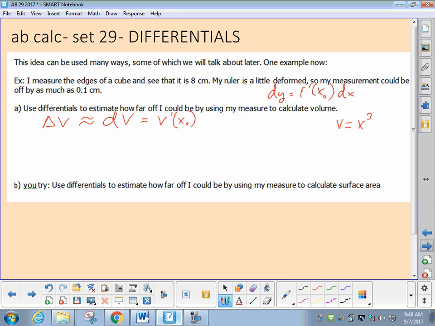Now it's not just generally what's the rate of change everywhere. I want to know how fast it is changing at that point I'm using as a reference point. I'll come to that in a second, but it is at some point, and then times how much my x or my side is going to change by.